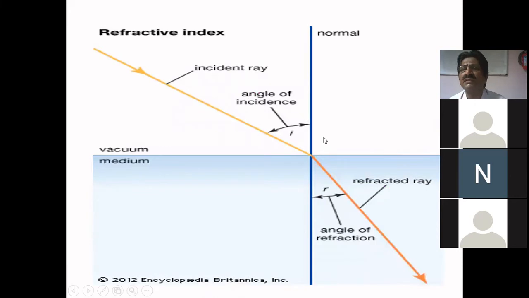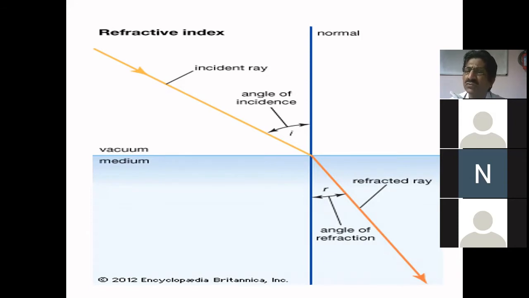So this is the figure, you can see that. This is the ray, and this is called the incident ray, and this is the refracted ray. There is one more, which is reflection. Reflection is different, refraction is different. Keep it in mind. Reflection is like when light falls on a mirror, the light gets reflected. It changes its direction, and that's called reflection.